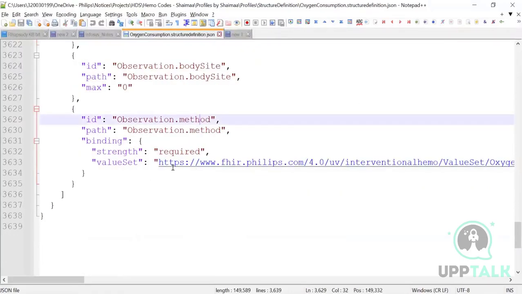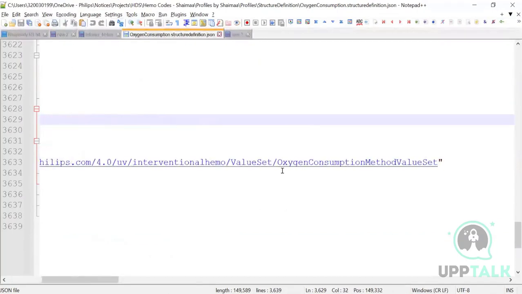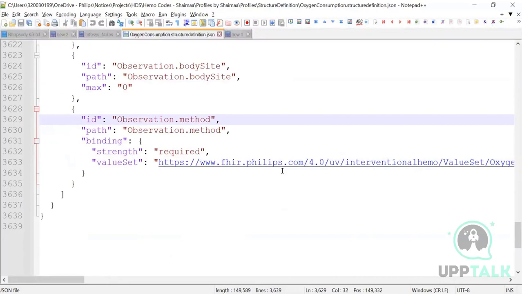They have given a value set. Coming back to your question, Hidden. If we have to tell what all other values can be, rather than saying fixed value, you can say value set. So now there is a value set defined. You can go to this. This is another structure definition for value set, which you can open, and from there the values can be picked. So all of this